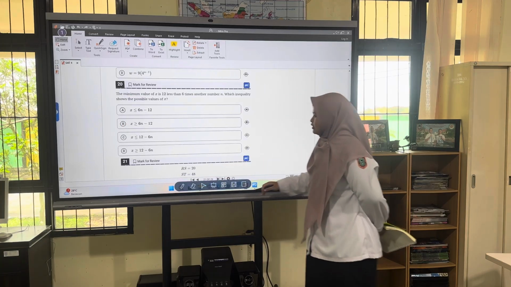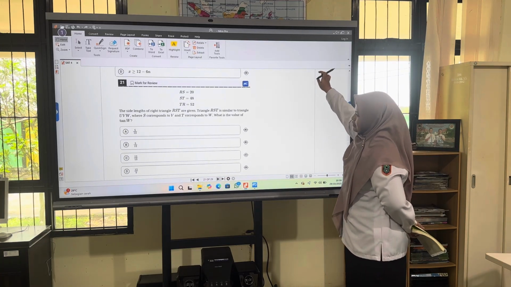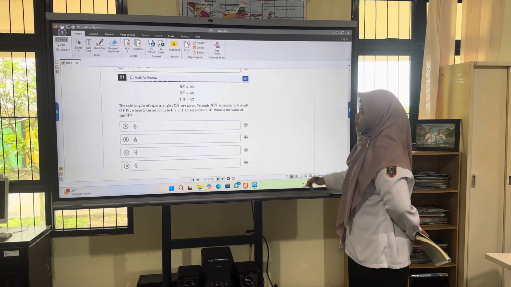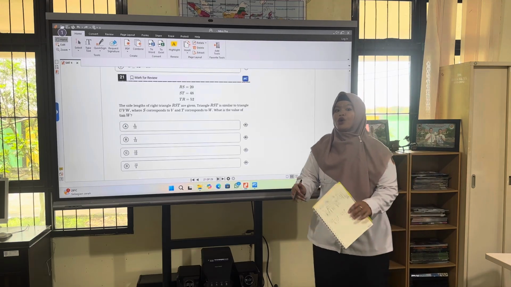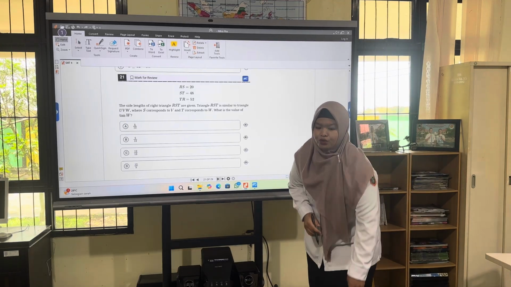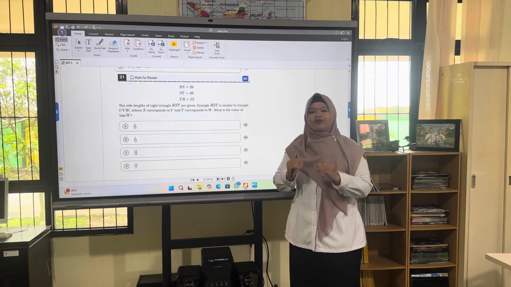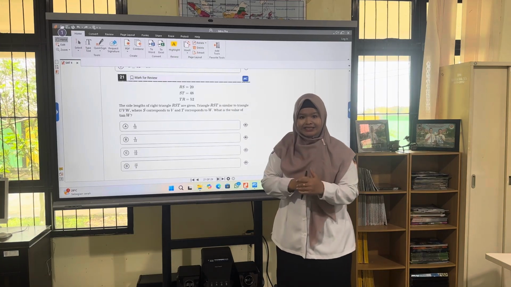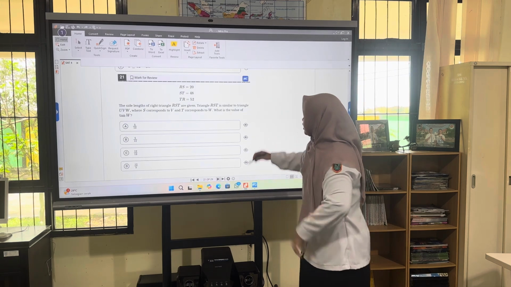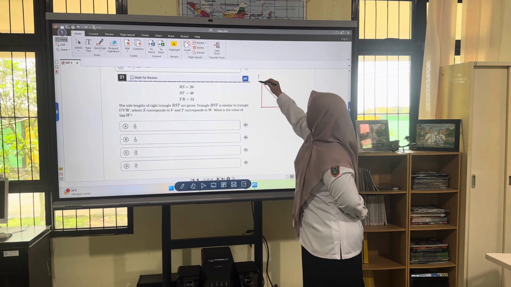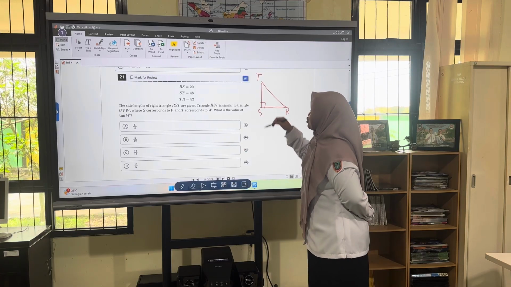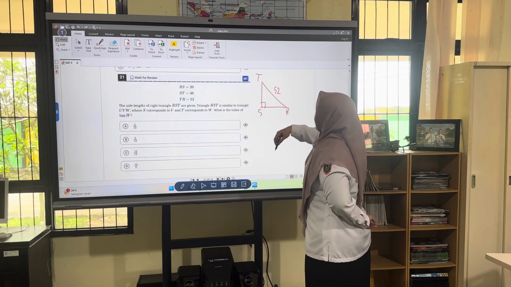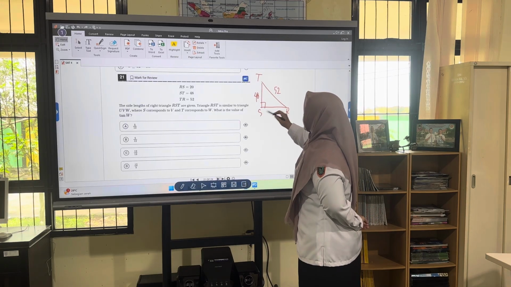So we will continue. I think 21 is the last, I think. Yeah, so from model 1, the last is number 21. In this information, you are not told where the right angle is in the right triangle. But here you can see which is the longest side. The longest side is TR. That means S is the position of the right angle. So TR is 52, ST is 48, RS is 20.